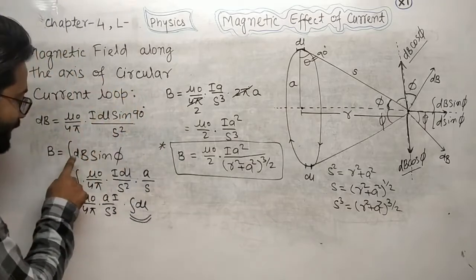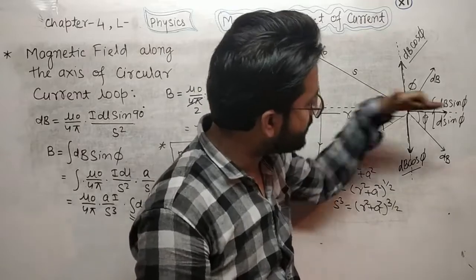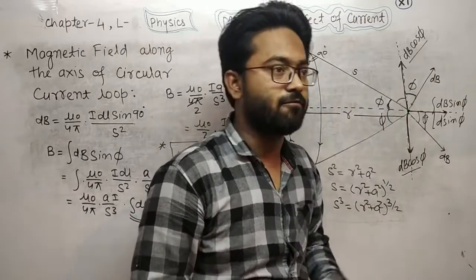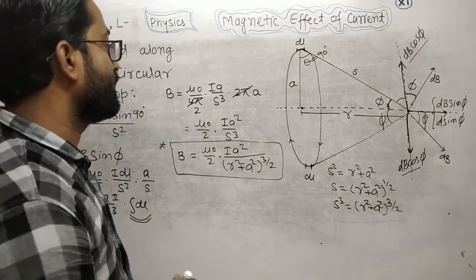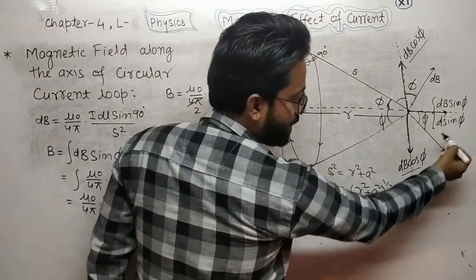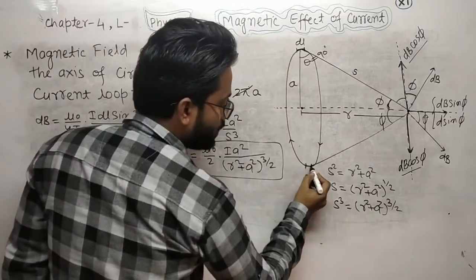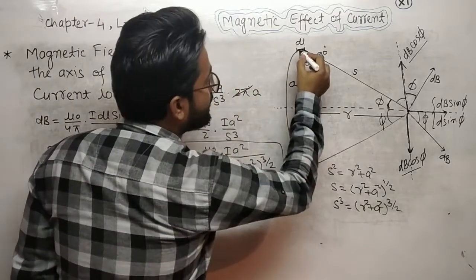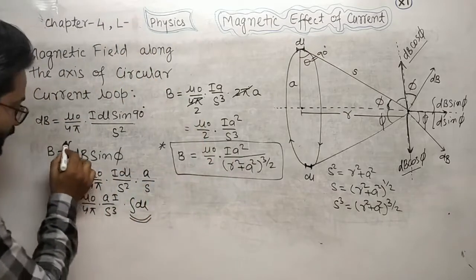There are two elements, dB sin phi and dB sin phi, that must be added up. If you take both, you are taking that element and that element, both elements, and after integrating